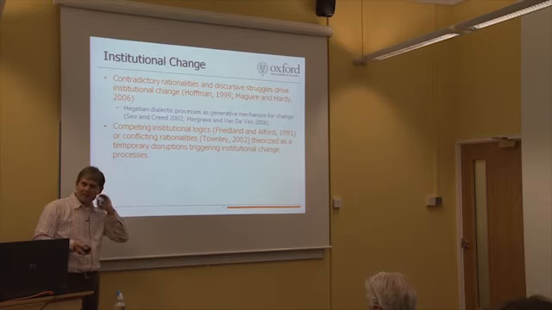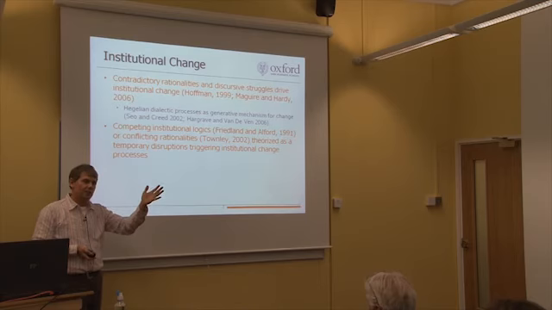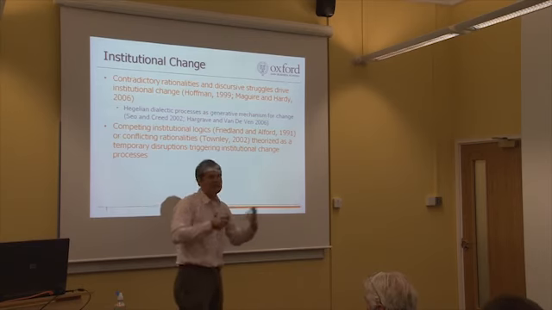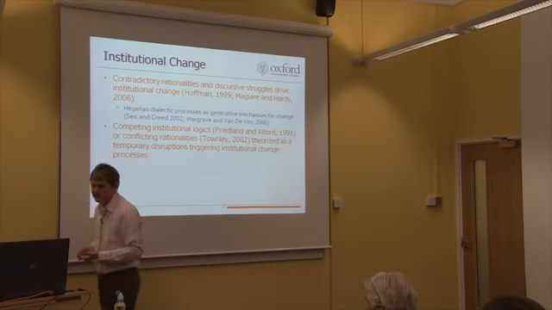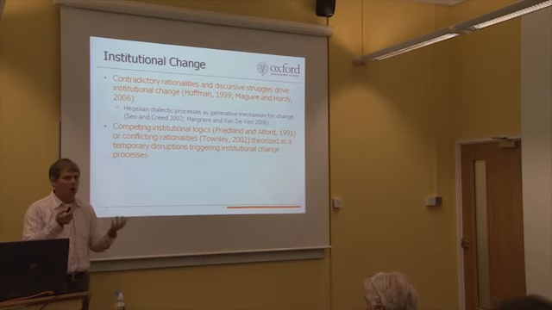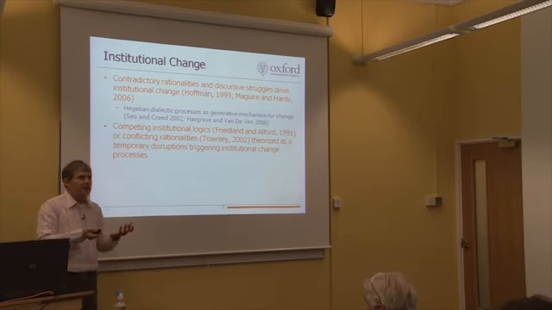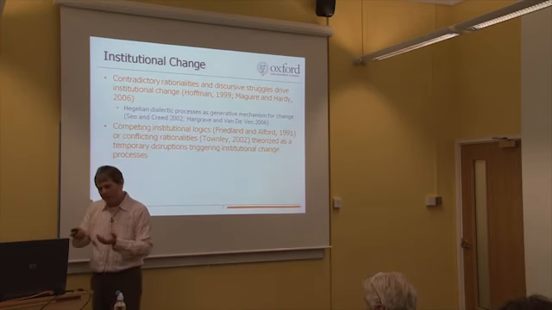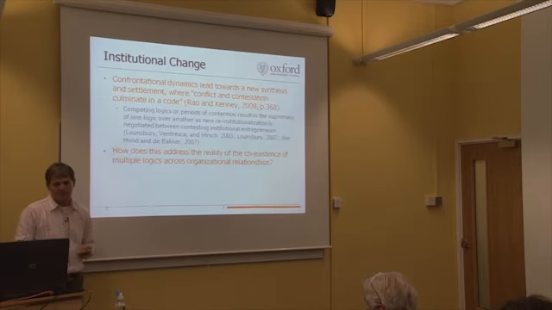So the second piece then was institutional change, and I've sketched this out already, so I don't need to go through this in detail, but the literature says to us that when you get competing institutional logics, they will clash and then they will resolve and there'll be a new consensus. What the literature doesn't suggest really is that you can hold competing logics in balance. But we really feel that's what we're seeing in fair trade corporate negotiations and relationships. It's somehow managing to balance these very different perspectives.